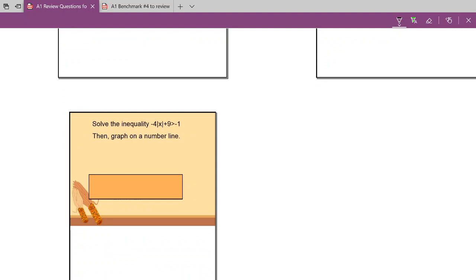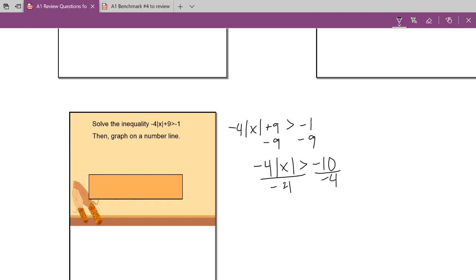All right, last one here. We need to solve this and graph it on a number line. Well, I would take this -4 times the absolute value of x plus 9 is greater than -1. I would subtract 9 on each side. Negative 4 times the absolute value of x is greater than negative 10. Divide by a negative 4, and I have to remember, since I'm dividing by a negative, and this is an inequality, I flip the sign, and I have absolute value of x is less than a positive 5/2, or 2.5,